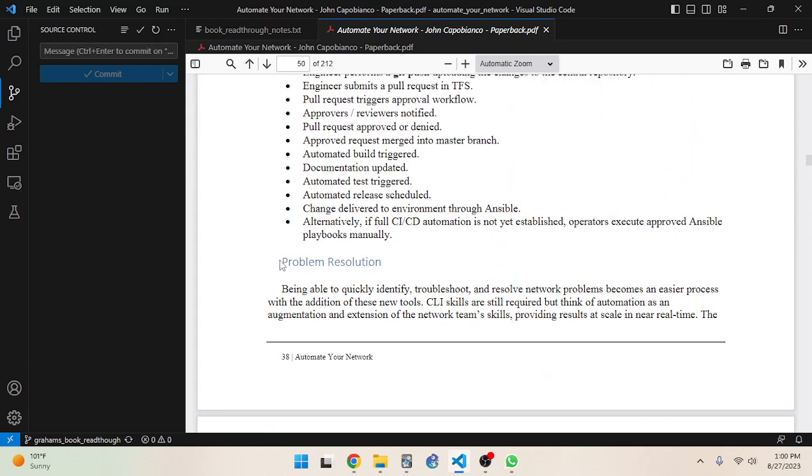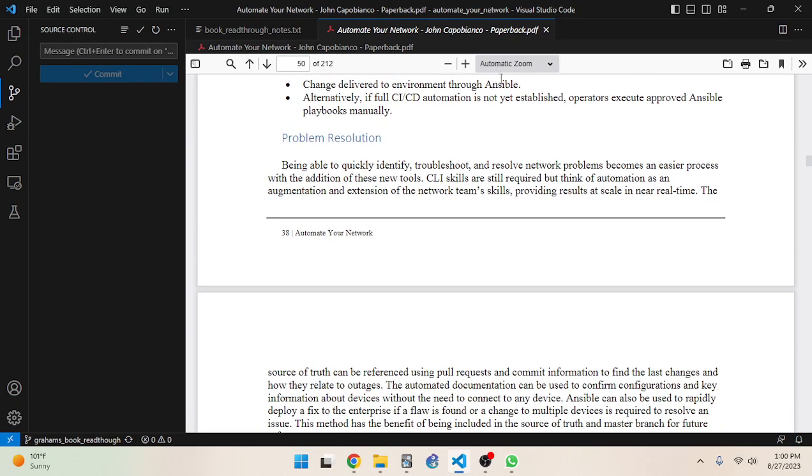It can provide problem resolution. So being able to quickly identify, troubleshoot, and resolve network problems becomes an easier process with the addition of these new tools. CLI skills are still required, but think of automation as an augmentation and extension of the network team's skills, providing results at scale in near real time.